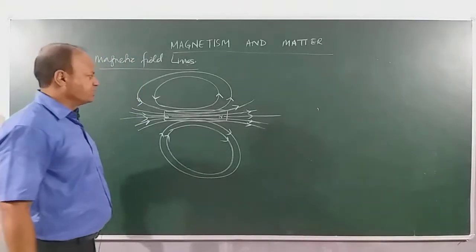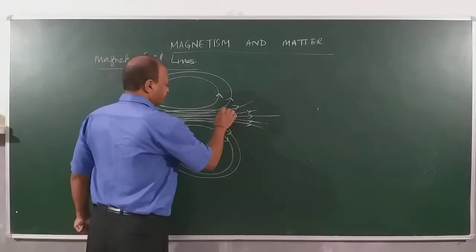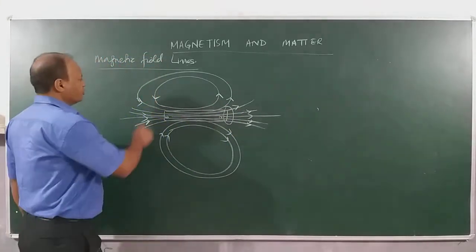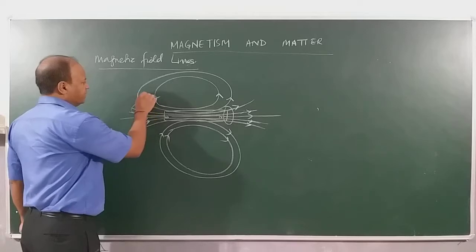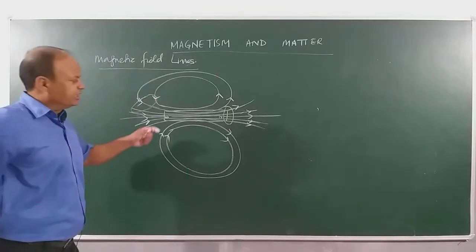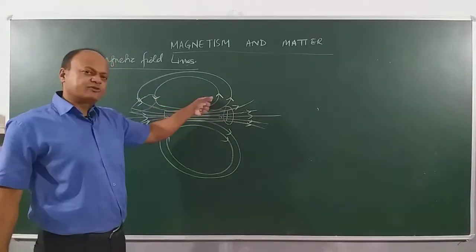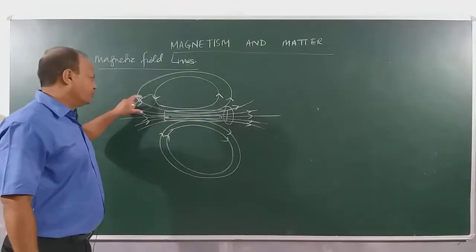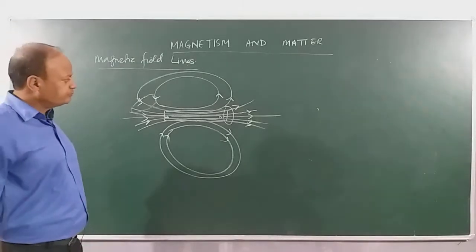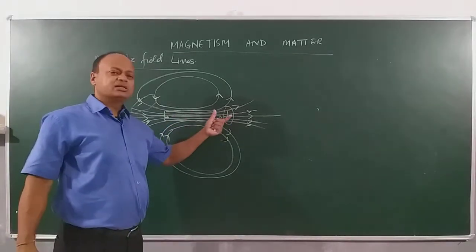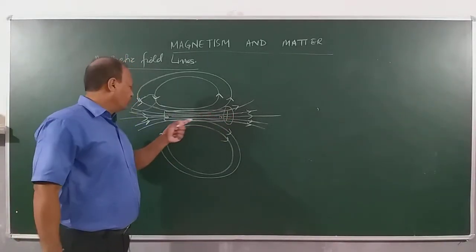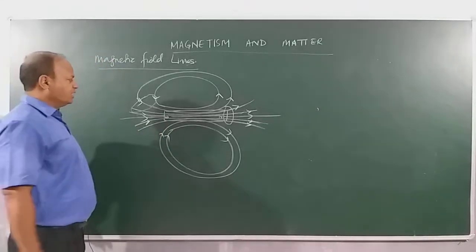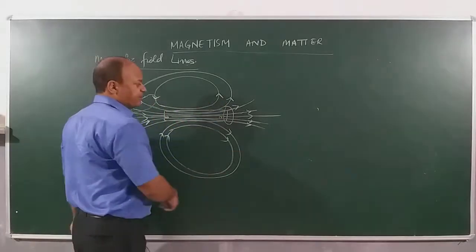If you want to draw Gaussian surfaces, here there will be closed circles and away they will be more staggered because the field lines are far away. You can clearly see the lines are more closely packed, so the Gaussian surface will be like a circle. Far away the lines are more separated, so they will be more staggered. Clear? So magnetic field lines are the lines which are starting from north pole and going into the south pole. It's very interesting to know that these lines are forming closed loops.